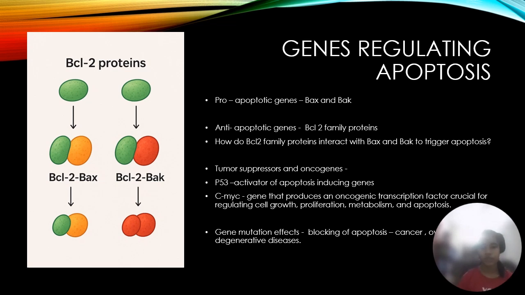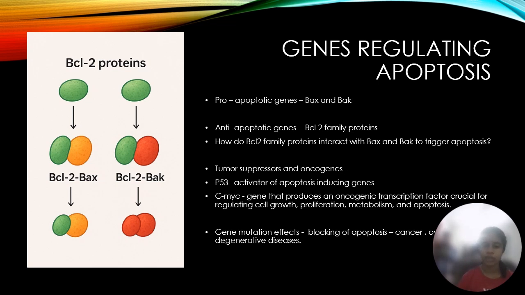But if there is any kind of stress, then another set of BCL2 family proteins, the BH3-only proteins, come in. These are also part of the BCL2 family. They'll be activated. Then the Bax and Bak: they either go directly and bind to Bax and Bak and activate them, or they bind to anti-apoptotic BCL2 family proteins and displace the Bax and Bak.